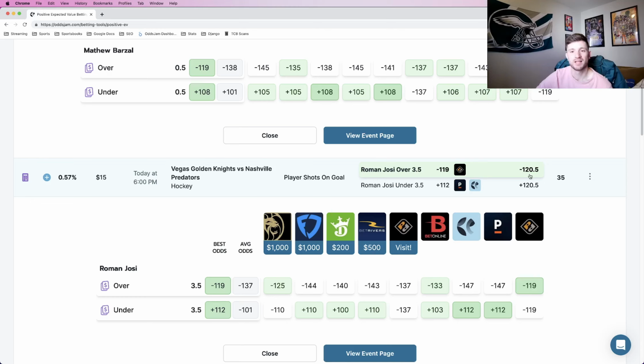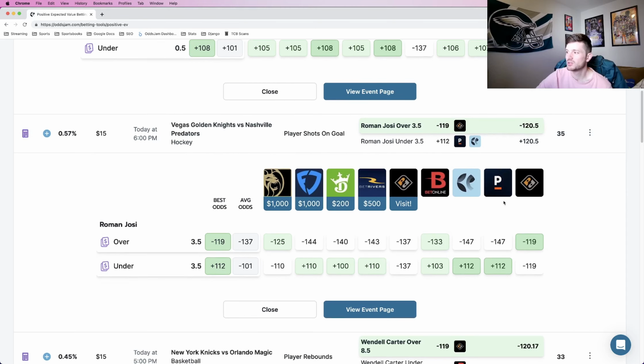So the implied odds that OddsJam calculates, the no-vig line, the true line, whatever you want to call it, has this at almost exactly minus 120.5. And again, we know the implied odds of a 5-pick flex is minus 119. And then what you want to do is